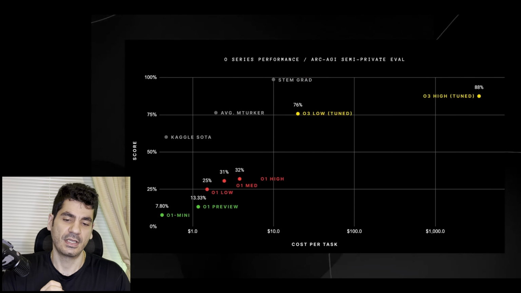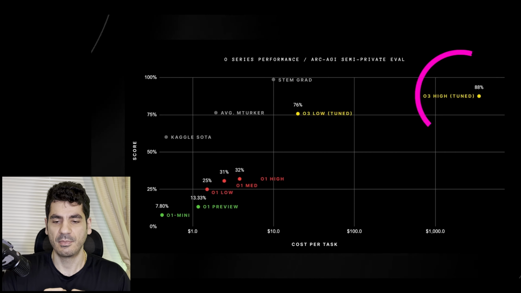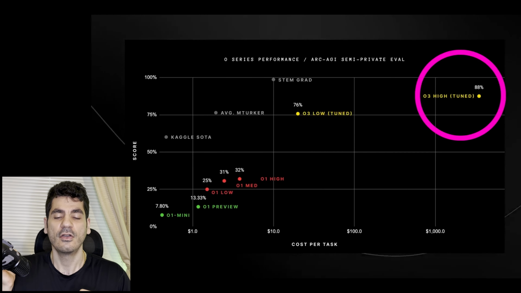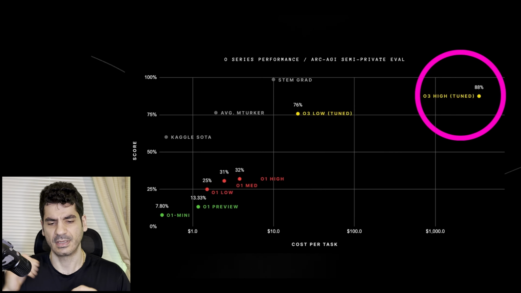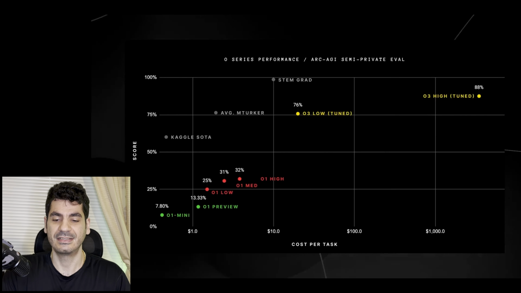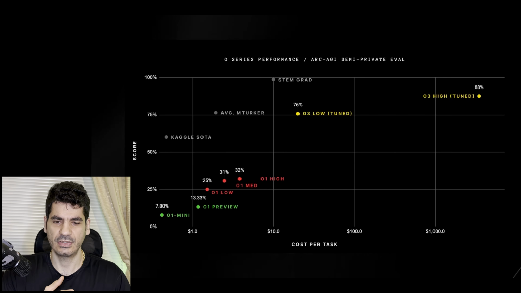The O3 tuned version can reach that, but then we have also the high tuned, which is achieving 88%, surpassing the human average. But I also want you to look at the amount. It is currently showing $1,000, so it's more than $1,000 per task. This is the amount of compute that you should put during the test time. This is not including anything related to how much compute it requires for training the model. This is just for tuning and inference time. This is how much it should spend for each single task. So more than $1,000 it has used in order to reach this level of a score.